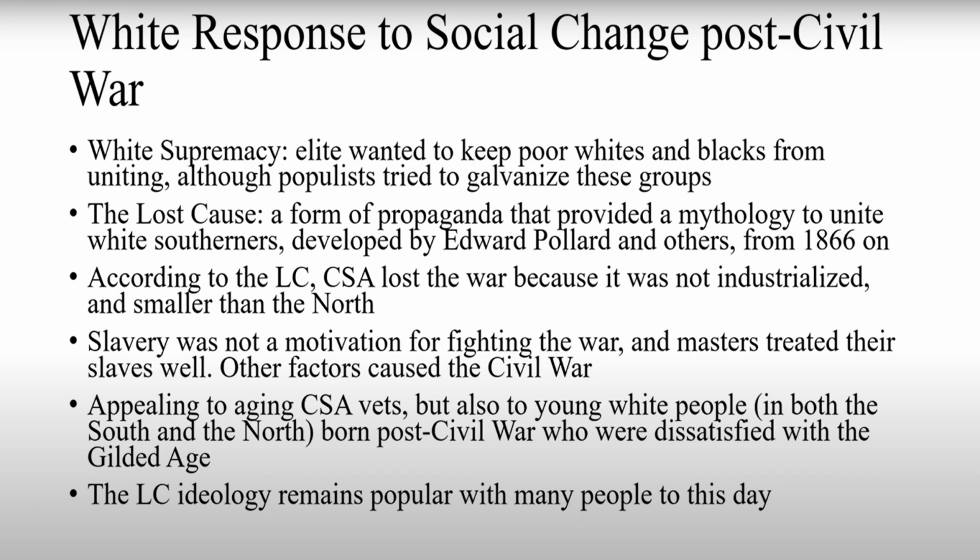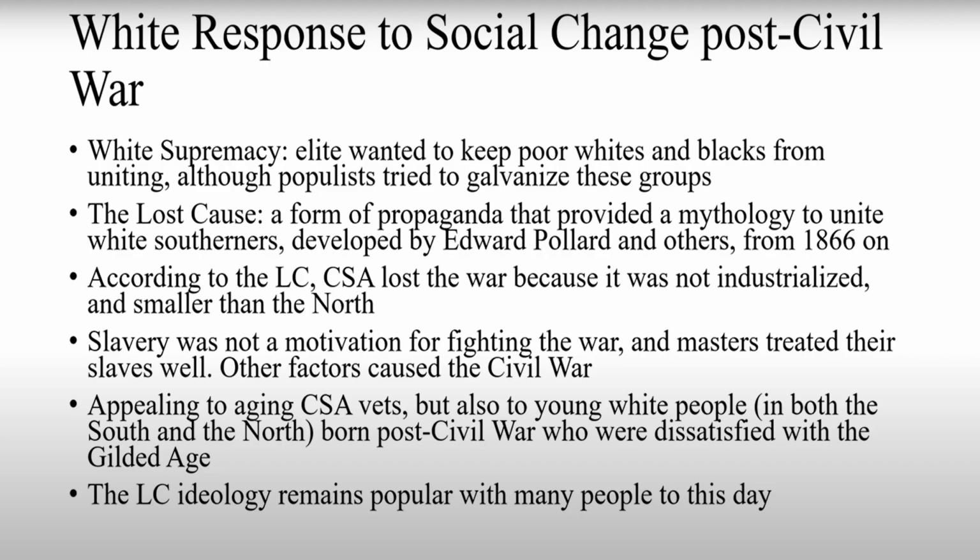It was developed by a guy named Edward Pollard and advocated by many other people, especially Confederate veterans. Many Confederate veterans supported the Lost Cause. Not all. James Longstreet, for example, who I previously mentioned, was very critical of the Lost Cause. But according to the Lost Cause mythology or the Lost Cause propaganda, the South, the Confederacy, they lost the Civil